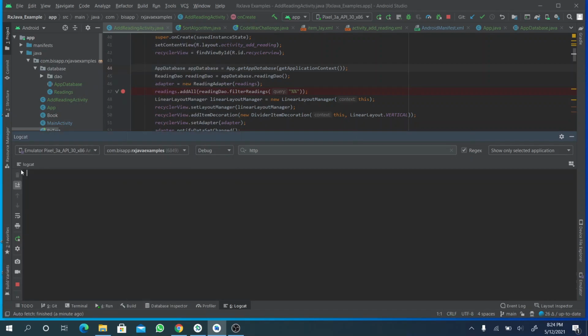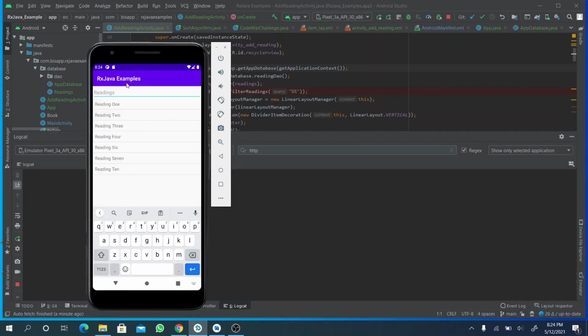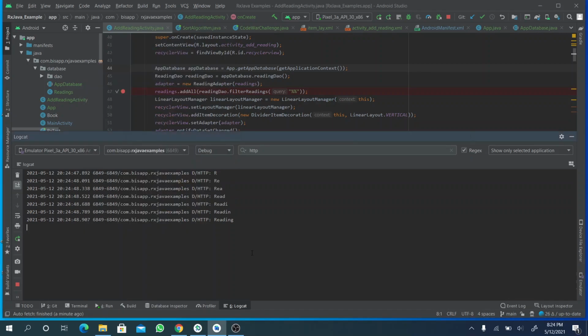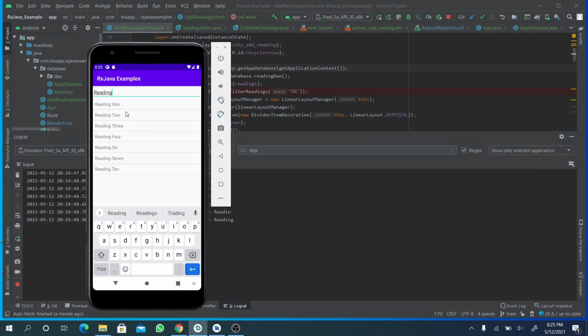This is a normal search. So let me try to search, and I'll be printing the output in the console. I'll start with "reading". There, if you can see the console, when R was typed, the R was actually printed. Then REA. So what it means here is that all these typings are being used to do the searching,